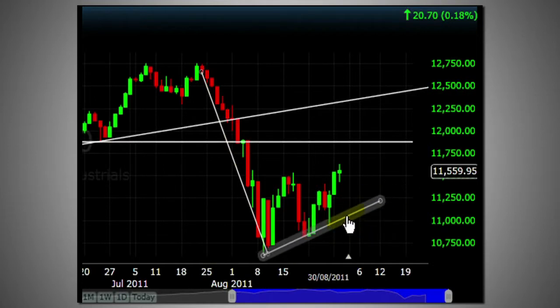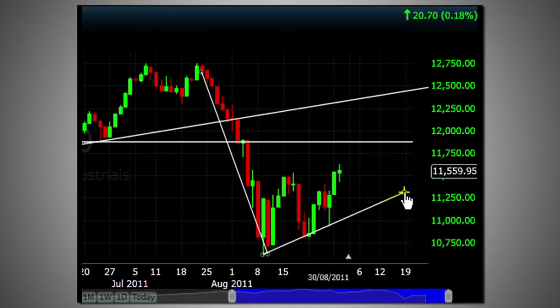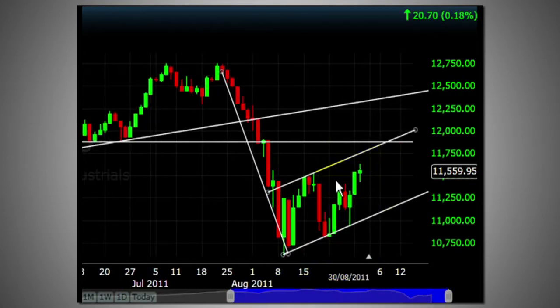What is also happening is that we're getting a bit of a trend line going through here as well. Let me see if I can create that in just a minute. You can see we're getting a nice trend line. We had this big rundown through here, and then we're getting this big run up through here as well, aren't we? If I create a parallel trend line and bring it to the high side,